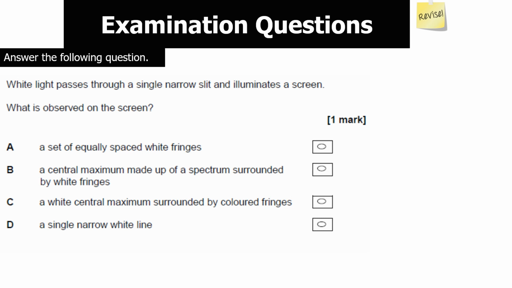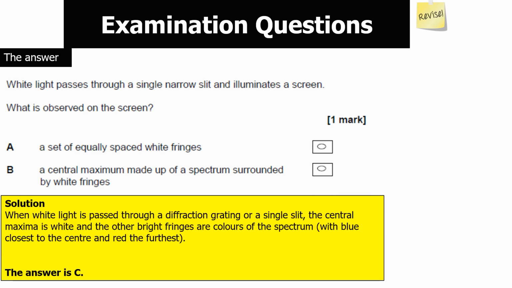The next question says, white light passes through a single narrow slit and illuminates a screen. What is observed on the screen? So pause the video now, then unpause the video when you want to go through your answer. Right, so the answer here is C, because when white light is passed through a diffraction grating or a single